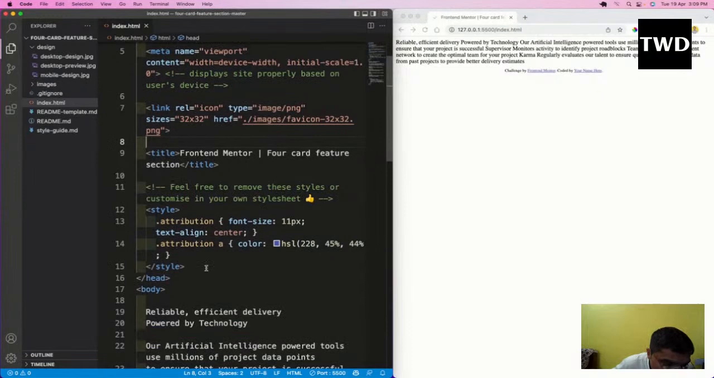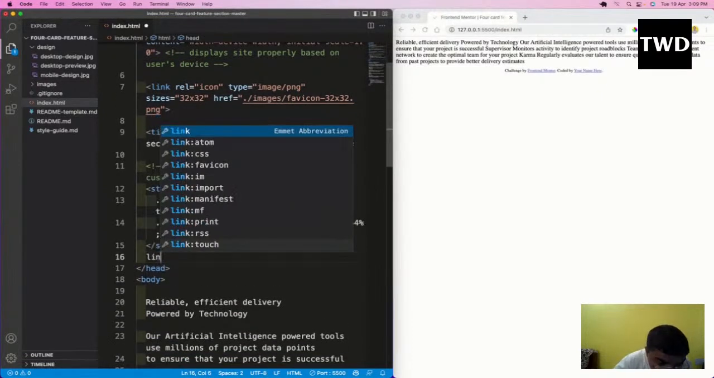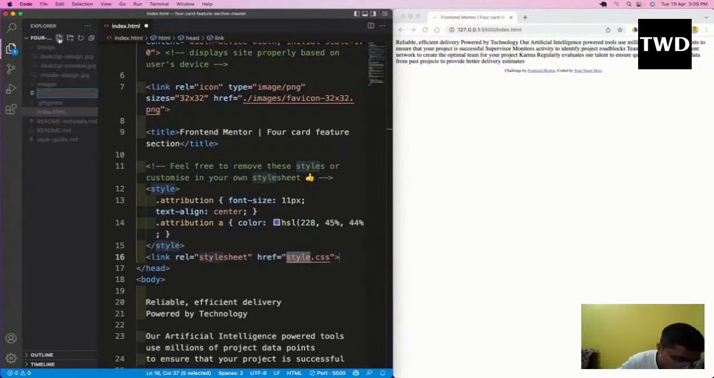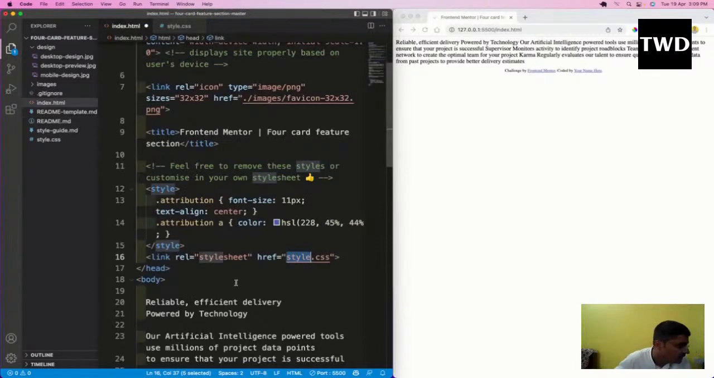So let's first give a link file to link style and create a style file. Later on we'll do what to do in style. So let's create a basic skeleton